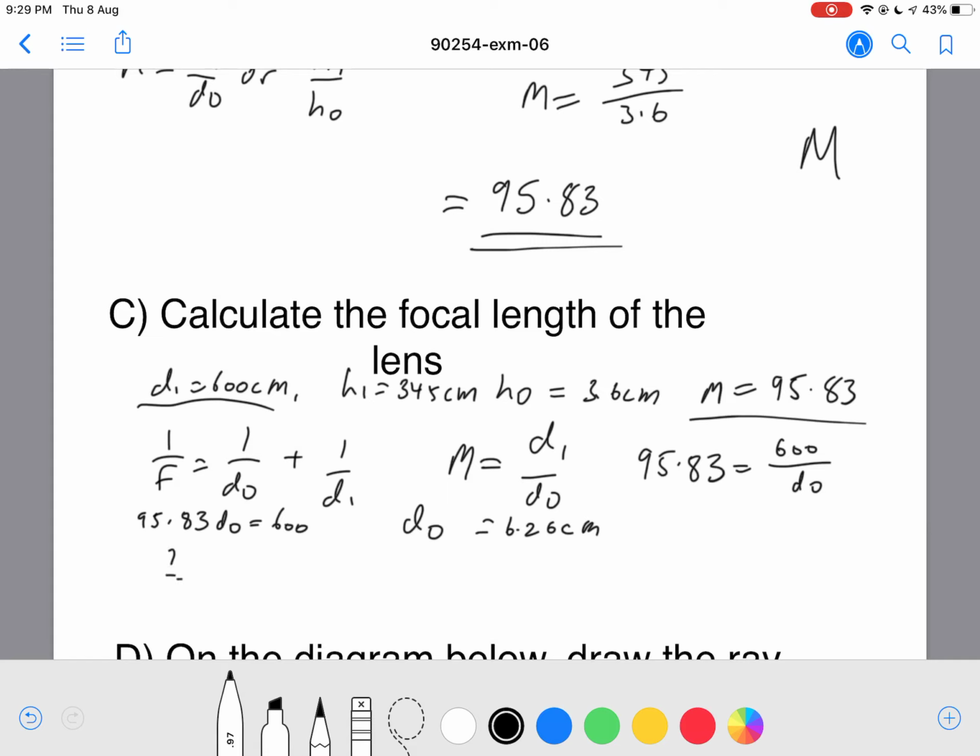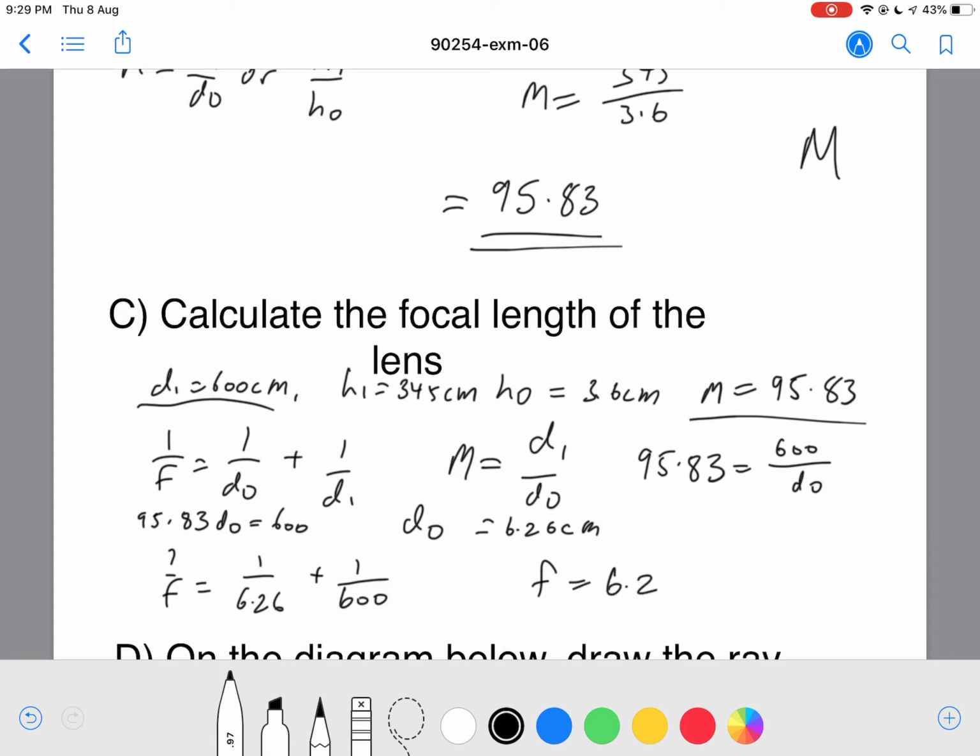So now we can say that 1 over f equals 1 over dO, which we just found is 6.26, plus 1 over our dI. Our dI we found is 600. And that means our focal length should come out to be about